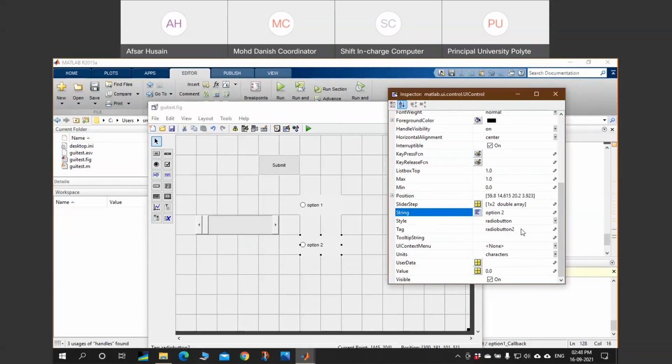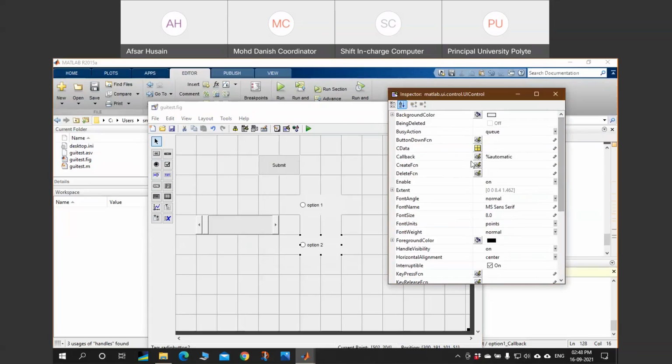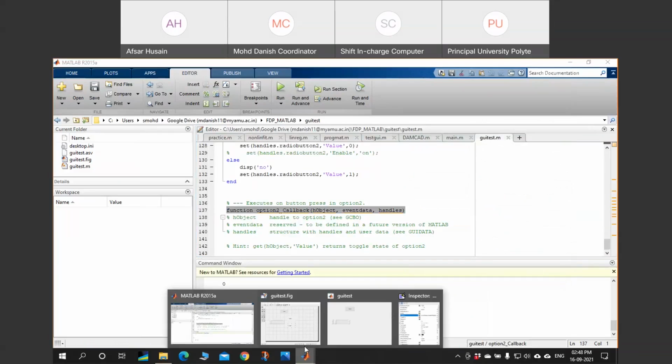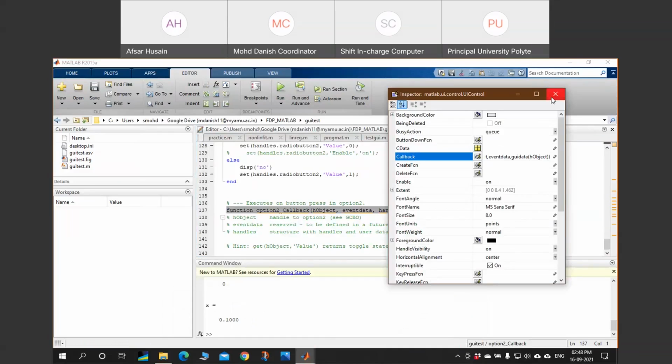Tag it, say it is option 2 without spaces. And you can create a callback function right now. So, let's create a callback function. Now close it.